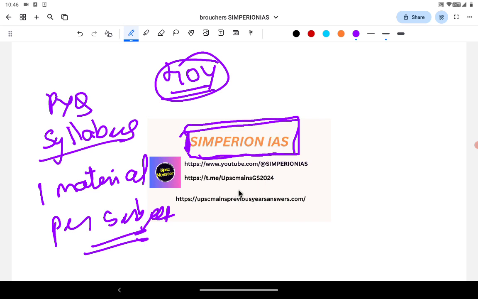The weightage of the subjects has also largely changed. If you go to the 1990s, modern India had 80, 90, 100 marks of importance. Today the importance of modern India is just 30, 40 marks. So accordingly we should prepare. And again we are saying, please don't believe what we are saying. Please go through the PYQs yourself and you will understand the importance of the PYQs.